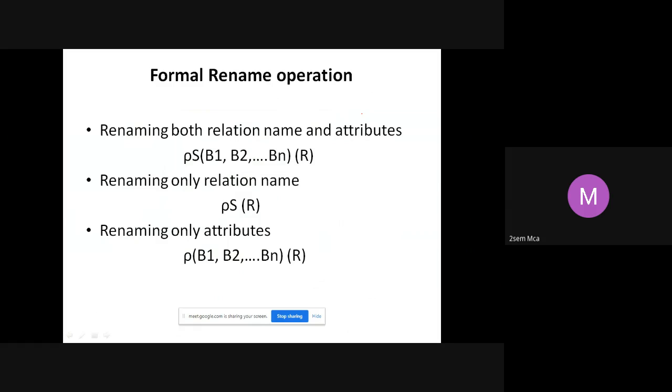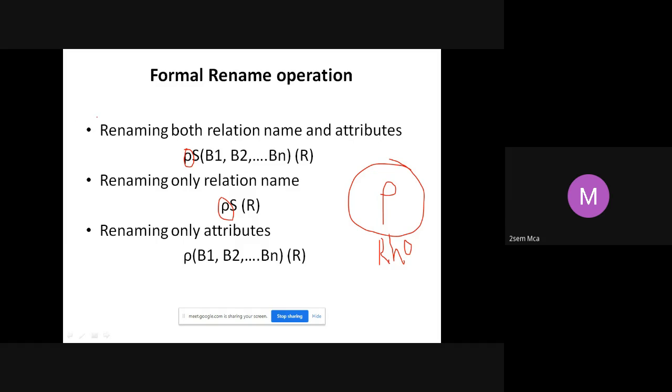Now, when you want to do this rename operation, we generally use a notation. Look at this notation. This notation is called rho. We make use of this rho notation or the rho operation in order to rename the attributes or table.